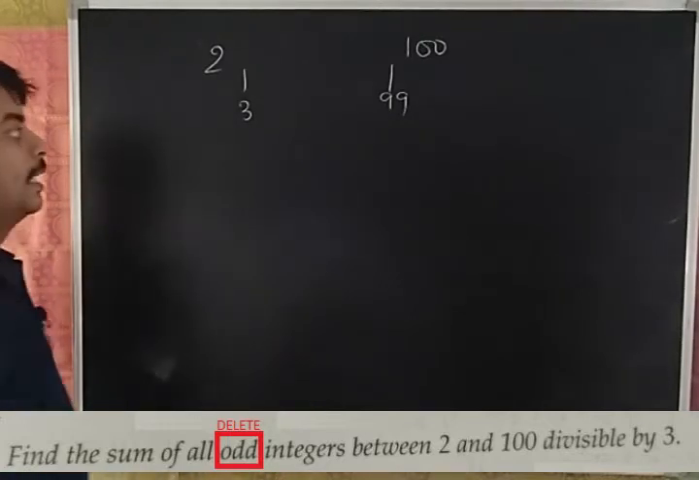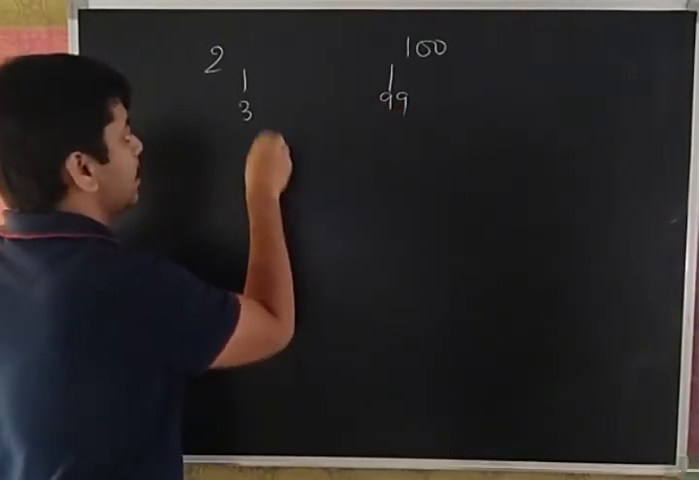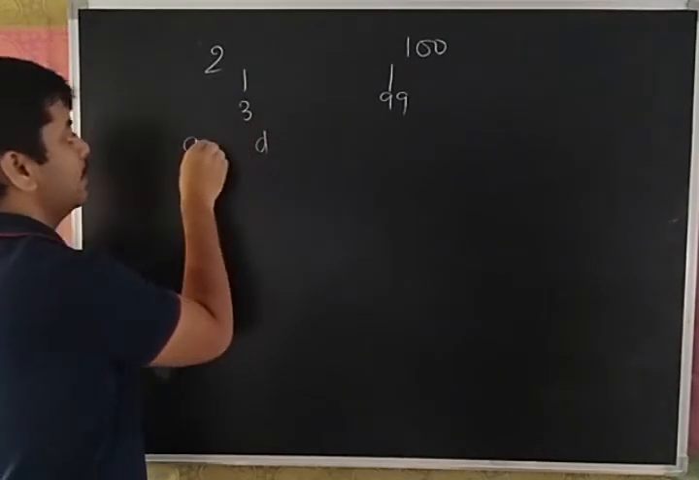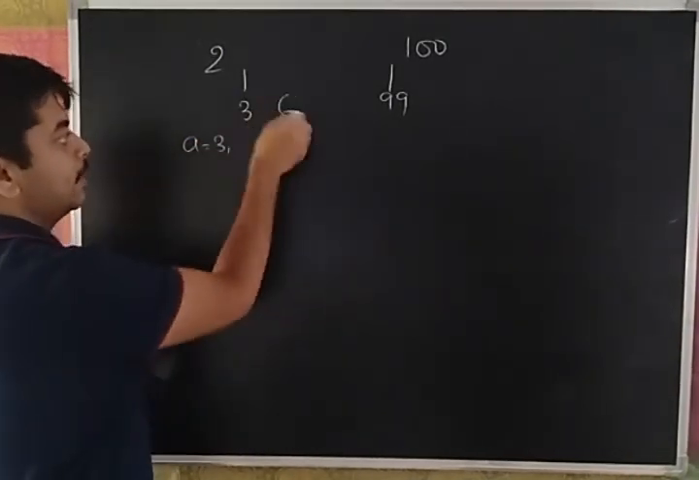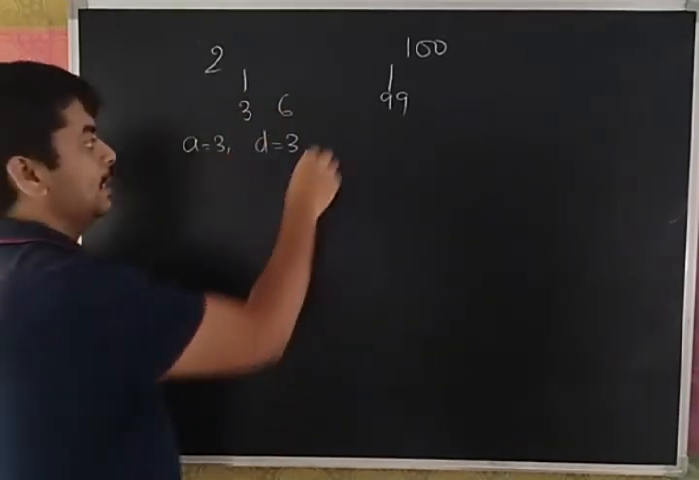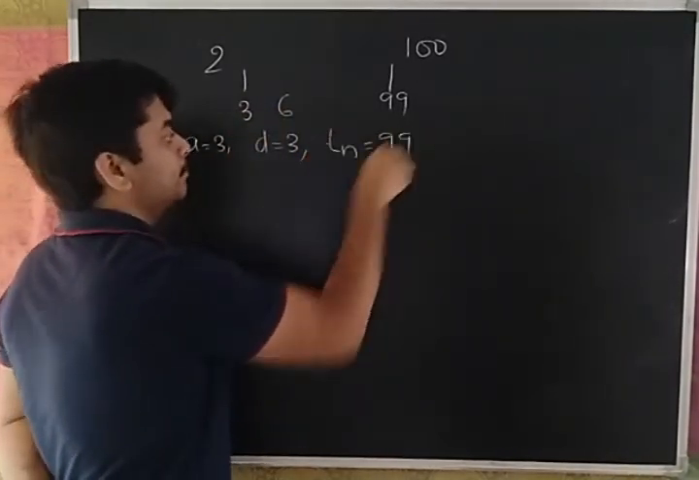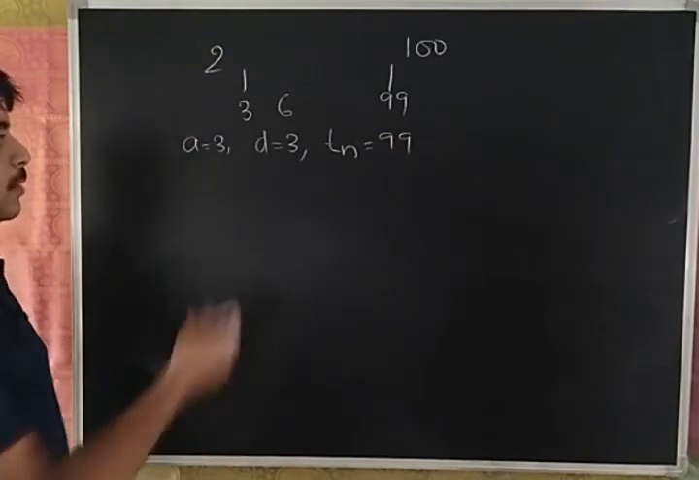And how will we get n? The first element is 3. Common difference is 3, yes or no? The next element will be 6. Common difference is 3, and the nth term is 99. So you can find